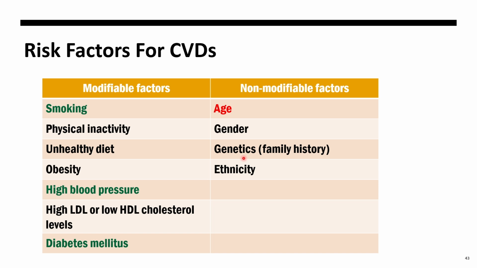So what are the risk factors for these kinds of CVDs? One of the main risk factors is age. In addition to that, smoking, high blood pressure and diabetes are secondary risk factors. Here I have divided the risk factors into two sections, modifiable factors and non-modifiable factors. Modifiable factors means if we try and change our habits, we can change these risk factors. But non-modifiable risk factors means we cannot change them. Gender, genetics and ethnicity we cannot change. So these factors also affect CVDs.